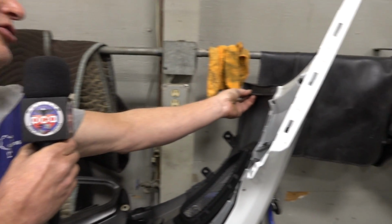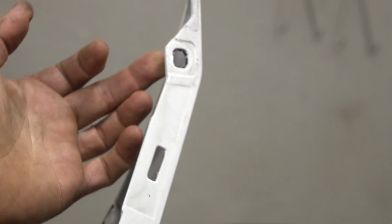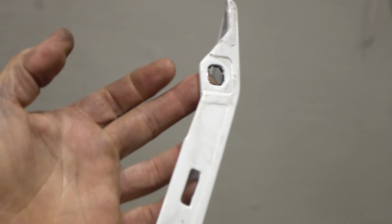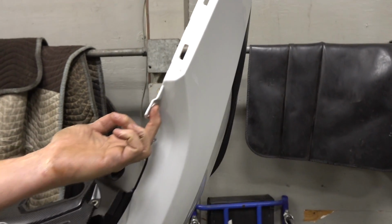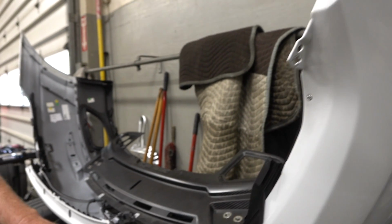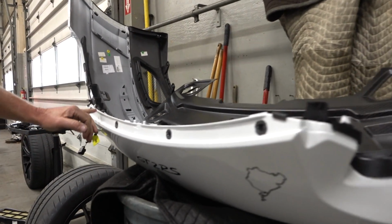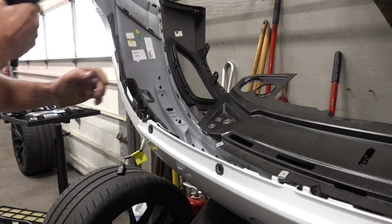There are some exceptions, though, some of which are in some of the clip detail and some of the aero components are different. The clips that are in the top are the same as the original, and this isn't a clip. It's actually a fastener that is in this upper corner. Same as you would find on the normal ones. You would as well have a fastener in the corner by the taillight area. You have 4 fasteners across the back section, which are very similar to the road car as well,